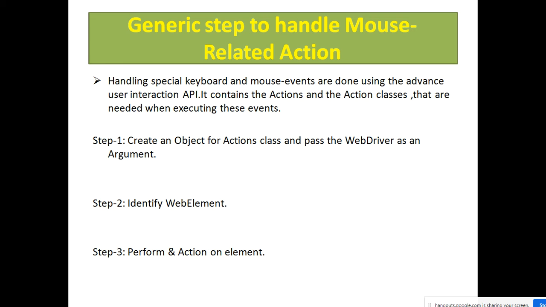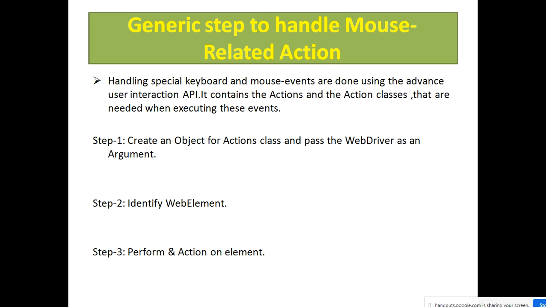So how do we perform this? First, we create an Actions class object. You can create it anywhere, no restriction, but we follow the coding standard with the steps I have written. After that, we find the element where we have to perform the operation, and finally we perform an action on the element.